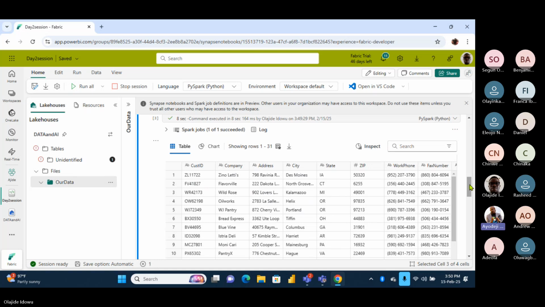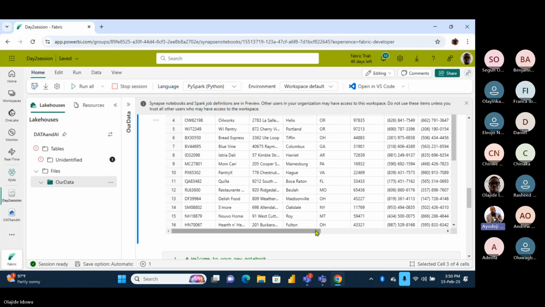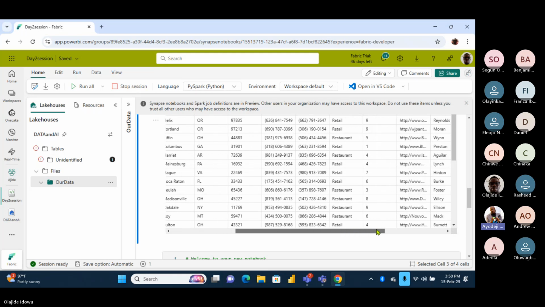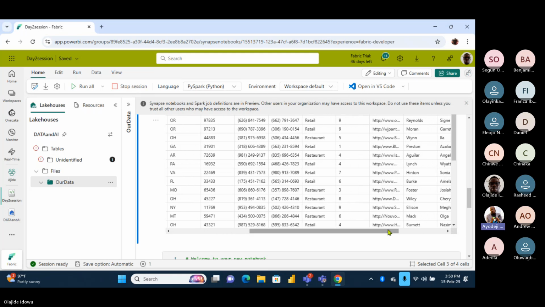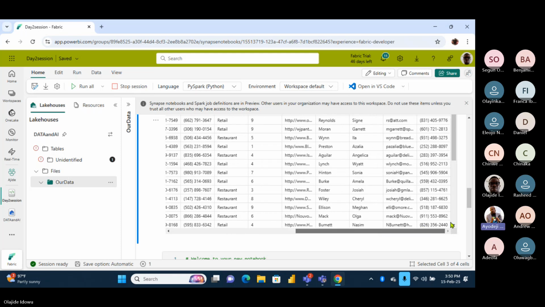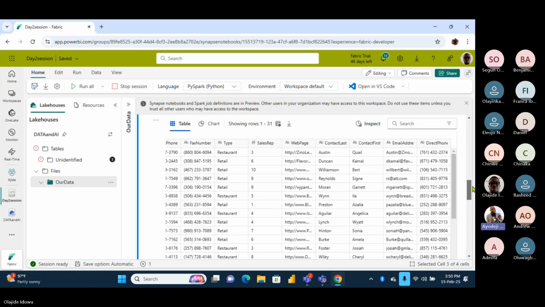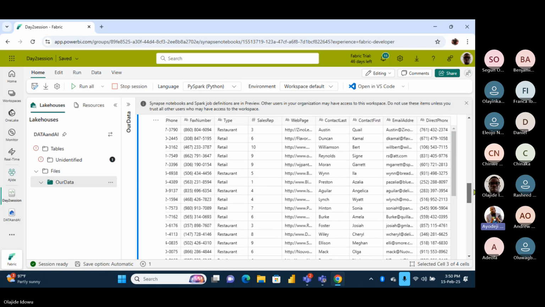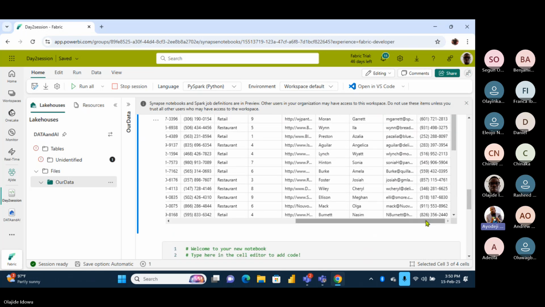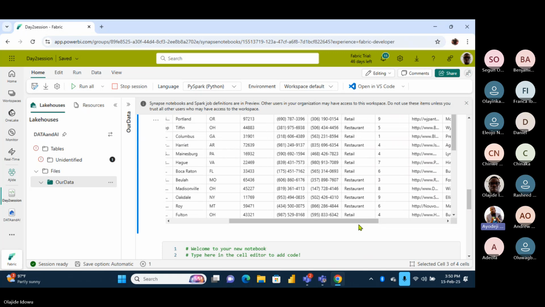Can you scroll to the right? There are still a lot of things here. Scroll up, let me see the title. Okay, that is the rep. There is no money. I want to also do some if statements, some filter.